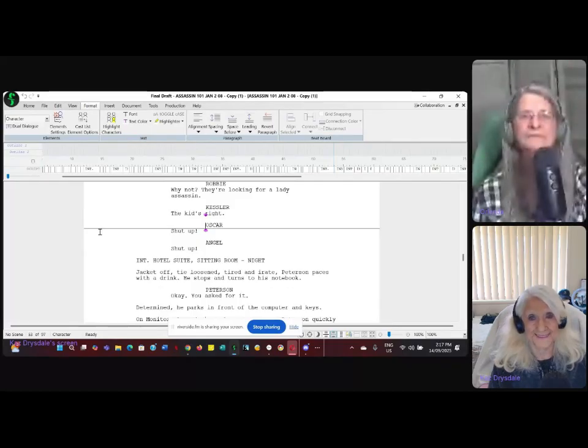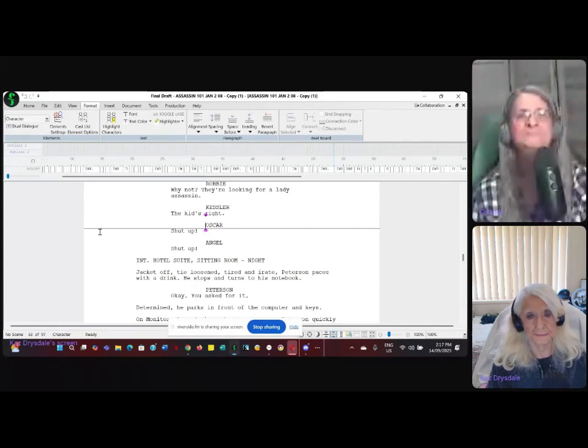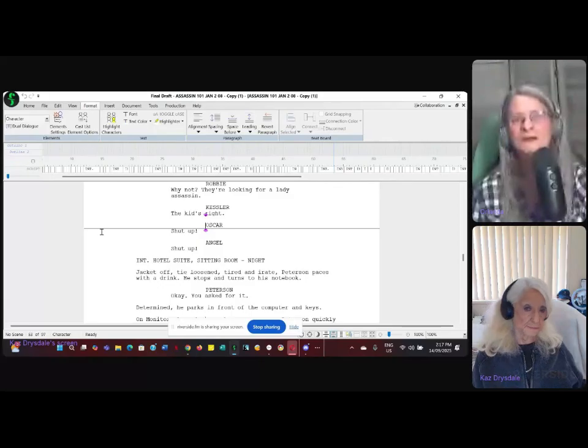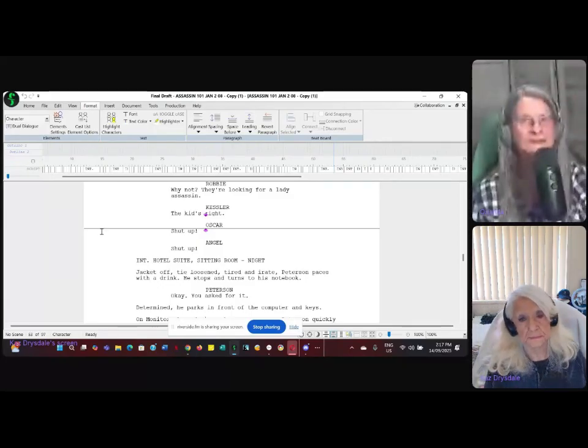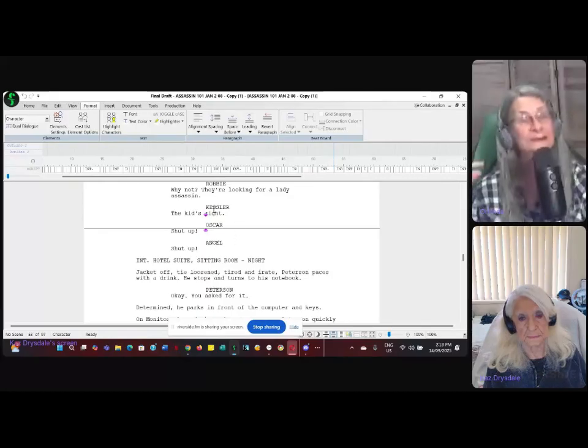Now, because of what Kessler has said, Oscar and Angel are both saying to shut up, and they're both saying it in the same kind of way. They really don't want this to be said. So this is taking up 3 lines longer than it needs to in the script. Because you have to remember, the number of pages is the number of minutes.